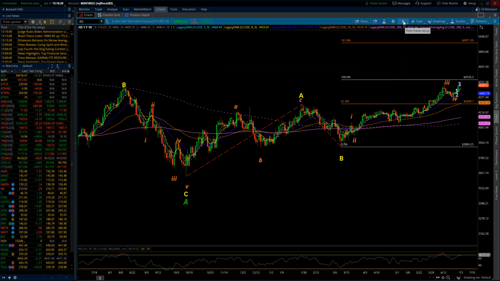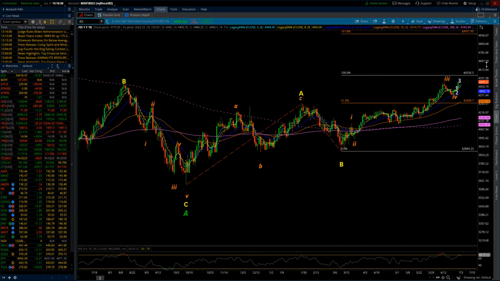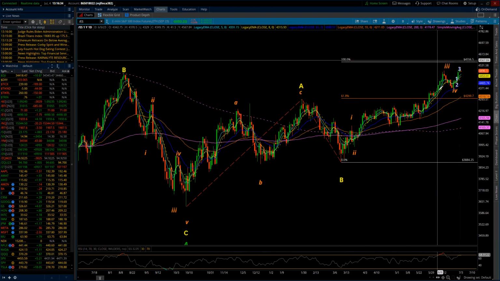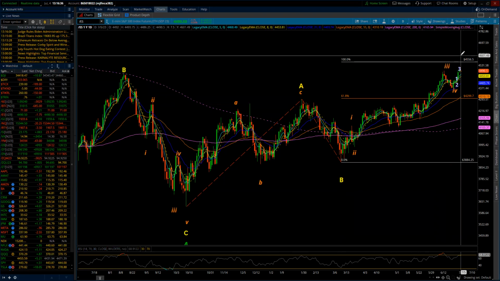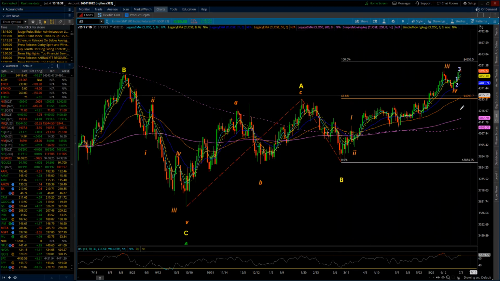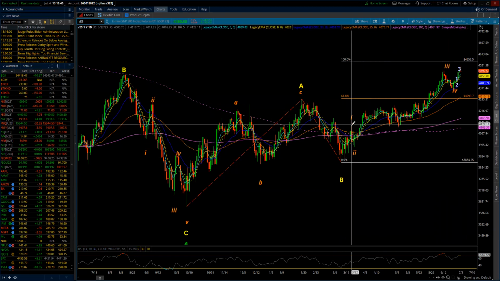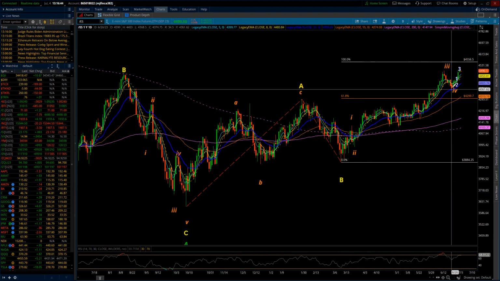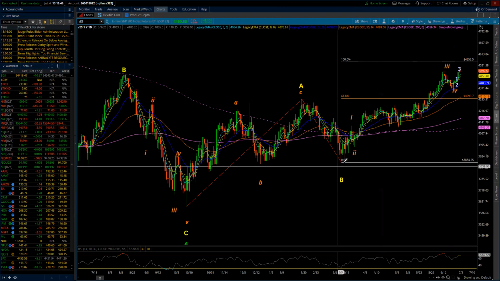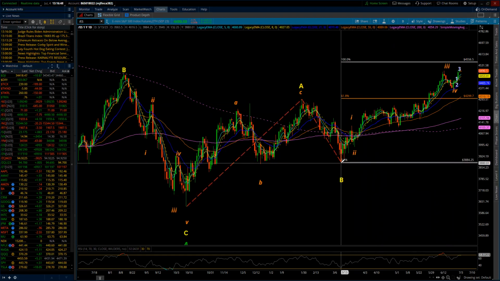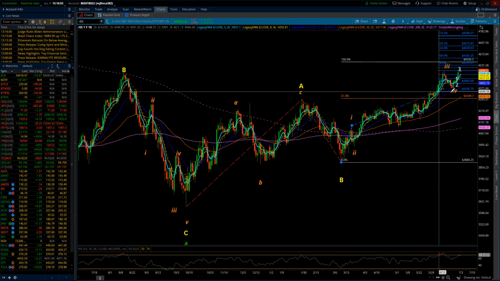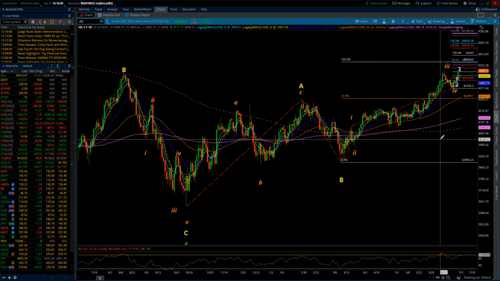Now, what can we come up with next? Well, now we have minor wave 5. Fifth waves have a relationship with the first wave. In this case, it's minor wave 1 as it relates to minor wave 4. So first we're going to use extensions, and we're going to go up to here, and we're going to bring it up to there.